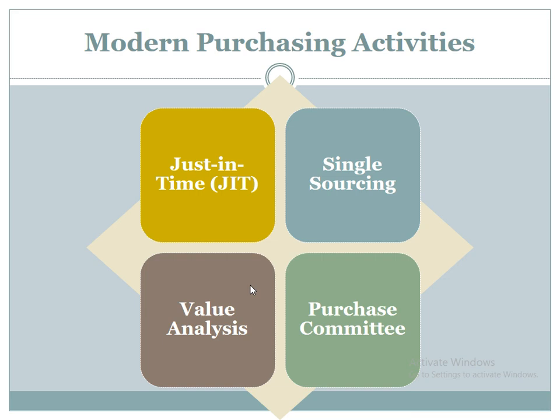The next is single sourcing. In this activity, the industrial consumers place orders with only one supplier, not two or three suppliers. It means all the eggs are in one basket. So that can be disadvantages also. So the practice makes it possible for the buying and selling organization to work closely together, involve the suppliers from the design stage, and utilize the suppliers' expertise.